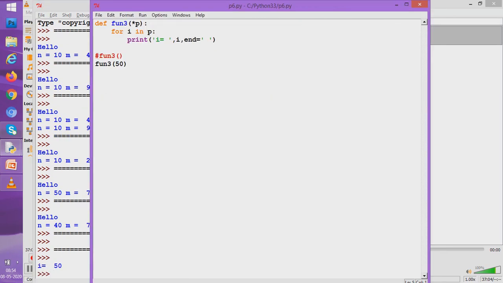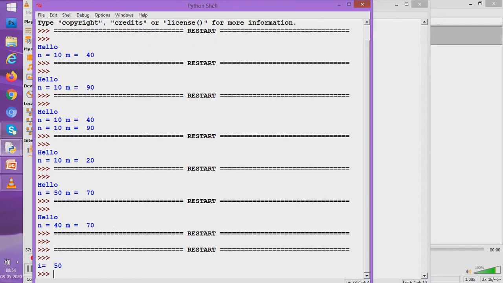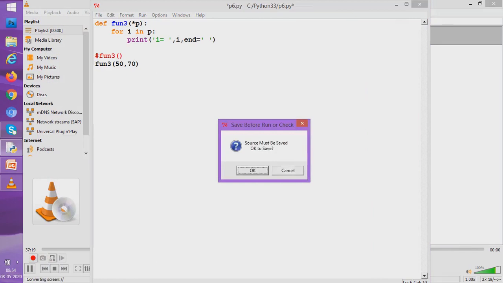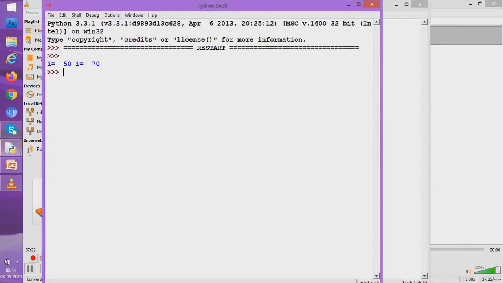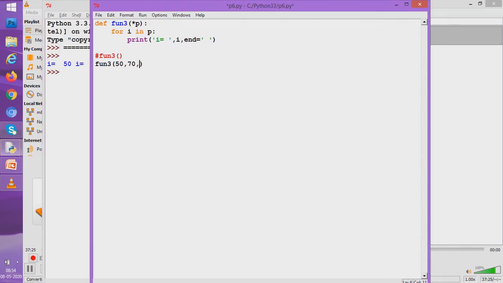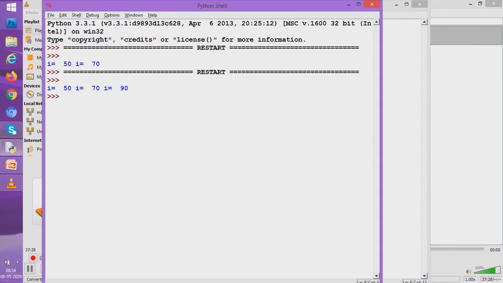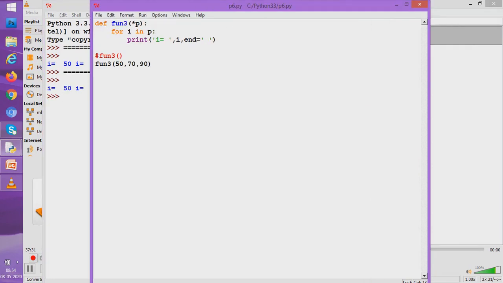Now let us pass two values. What would we do with two values? Let us first close it so that it has gone down with the outputs. It gives two values, three values. It gives three values. What do you see? Now you are having a liberty. You can pass no arguments, one argument, or more than one argument. Whatever you pass, the parameter p is capable of taking that argument and working with it. This is known as variable argument.